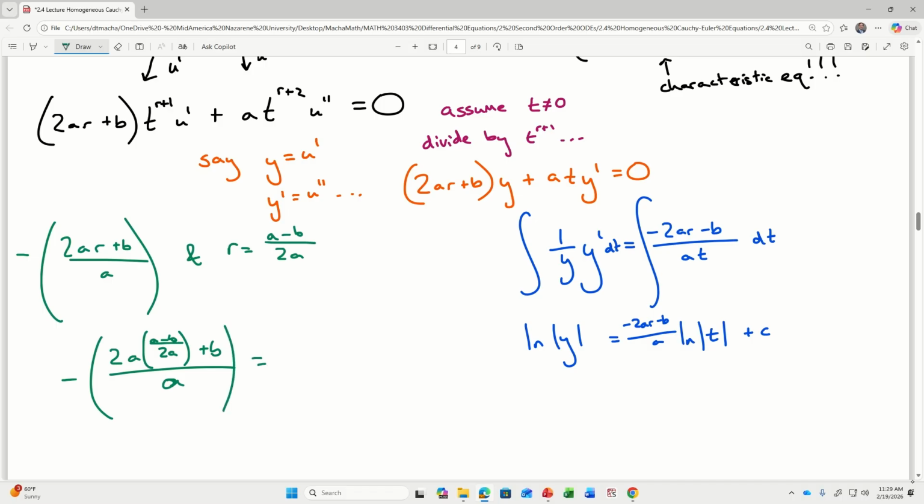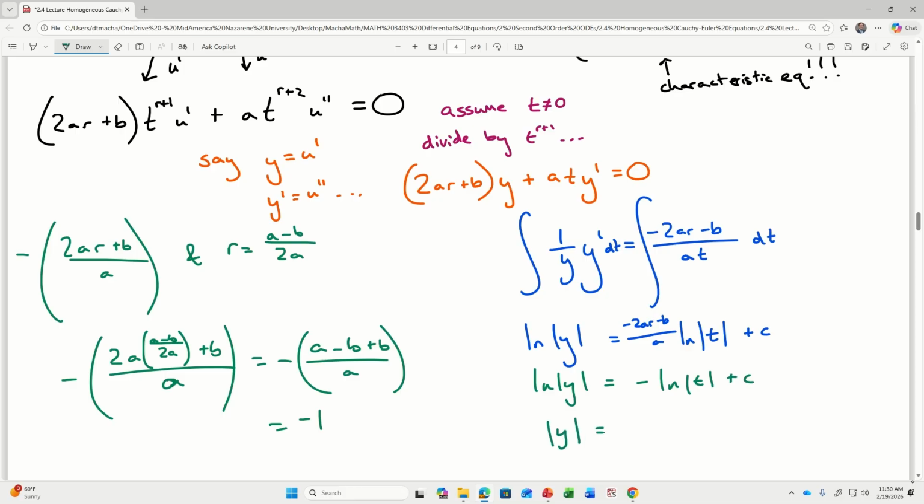So these 2a's cancel, and I get a minus b plus b over a. And minus b plus b is 0. A over a is 1, so that's a negative 1. Okay, so then this is going to say natural log of y is negative 1 times the natural log of t plus a constant. Take the exponential of both sides, and we get